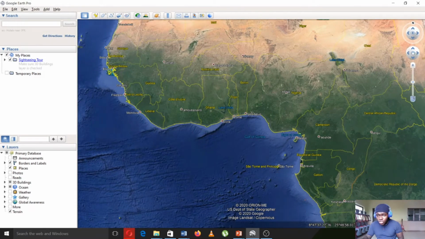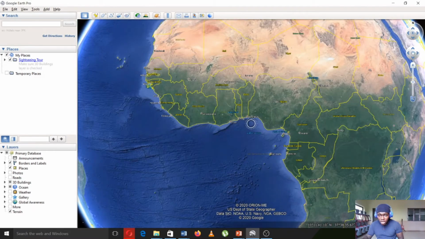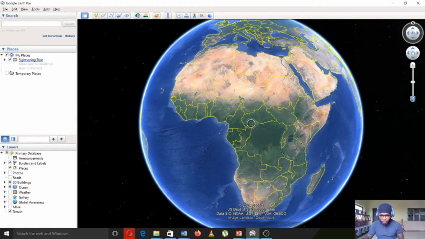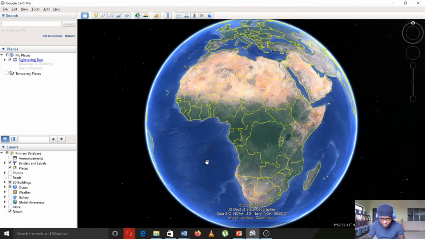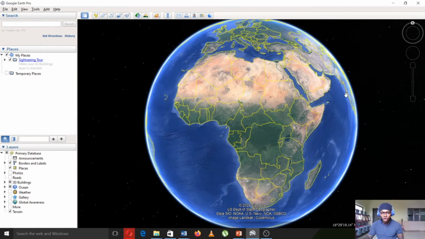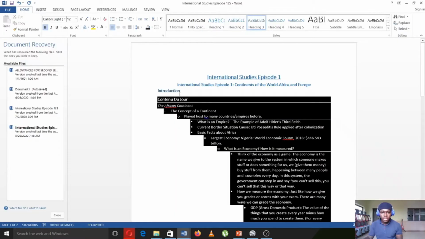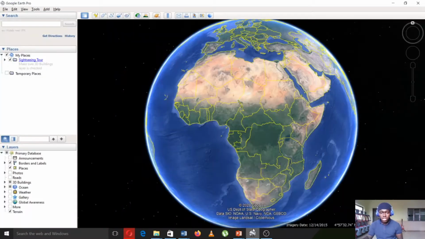Now, it all exists on one huge landmass called Africa. It's this huge landmass over here. Get it? So that's the idea of a continent. It's like the way you live with your neighbors, only on a much bigger scale. So we've gotten the idea of a continent pretty clear in our minds. Now, when we take this continent of ours called Africa,